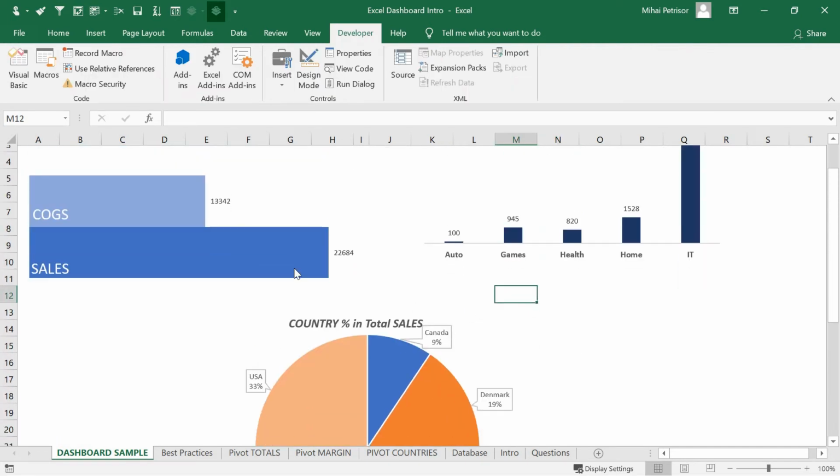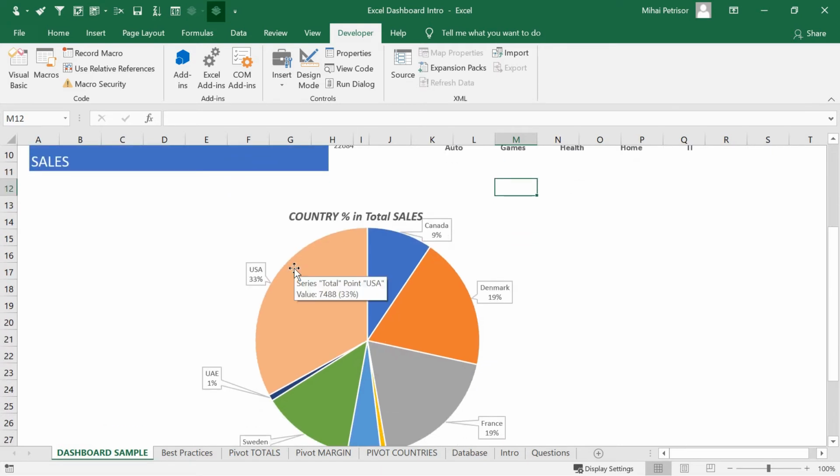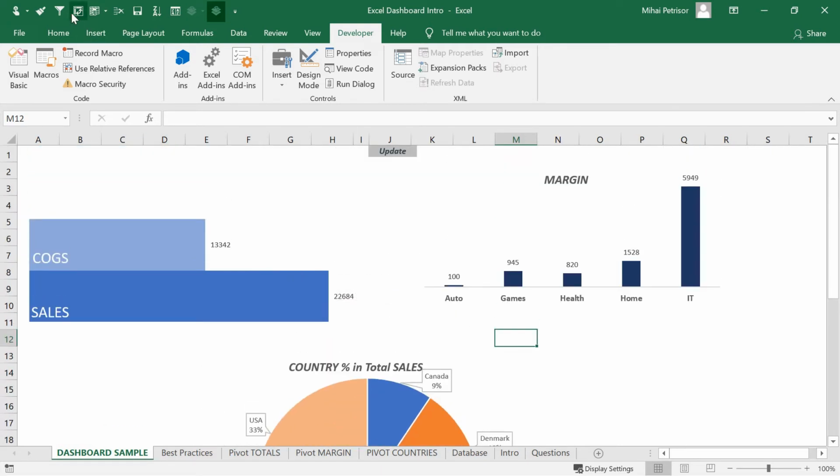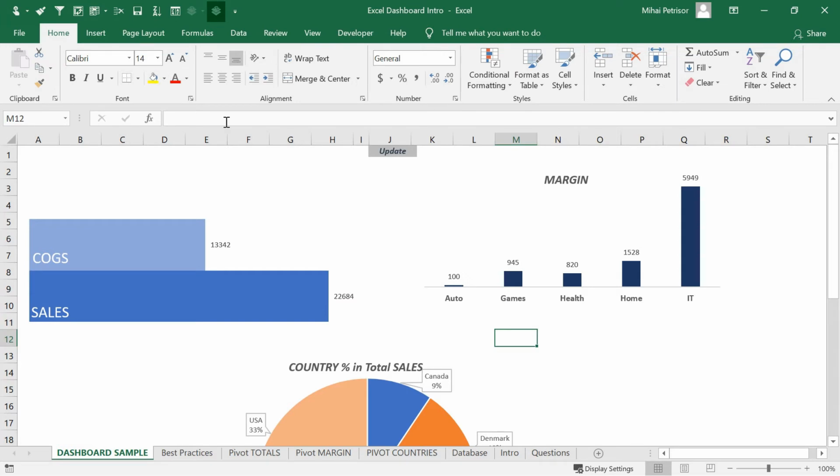When you work with dashboards, it's very important to choose the correct colors for each section of your dashboard.